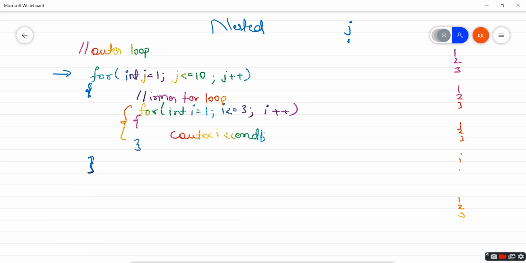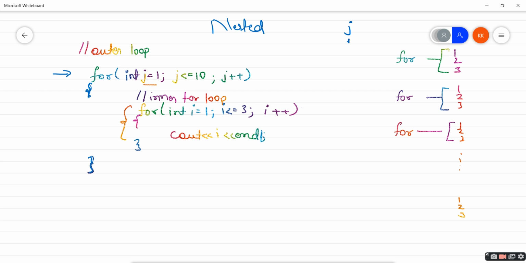And why do we use this type of nested for loop? Because we have already seen that this can be printed using a for loop, but I need the same output again 10 times. So do I need to write that same for loop 10 times? This will not be an efficient code. That's why we have an outer for loop to repeat this inner for loop 10 times. How is it exactly going to run?